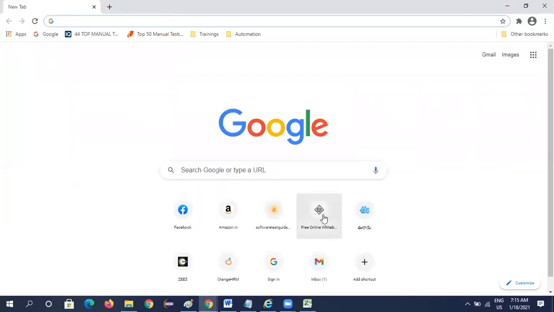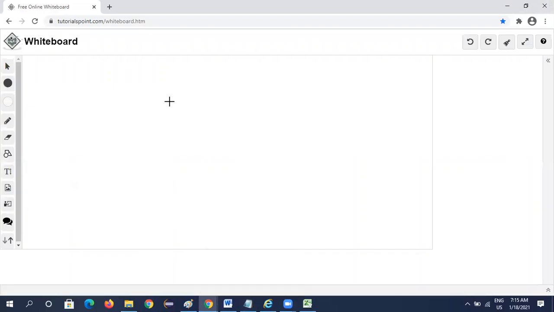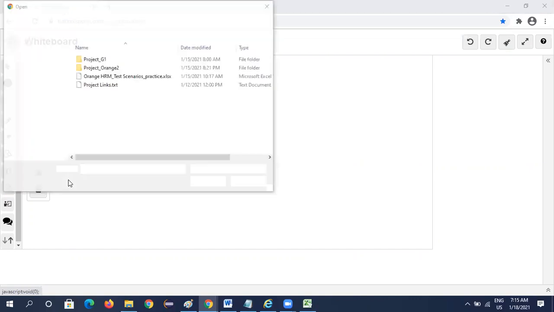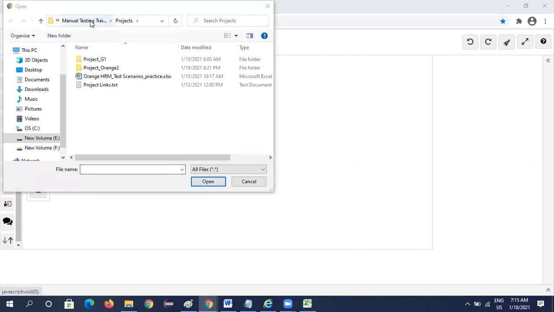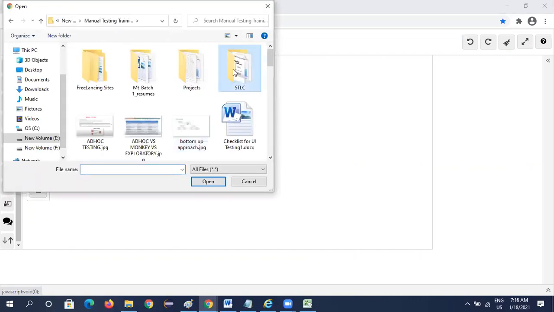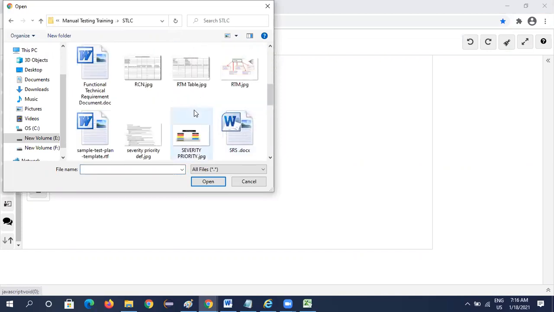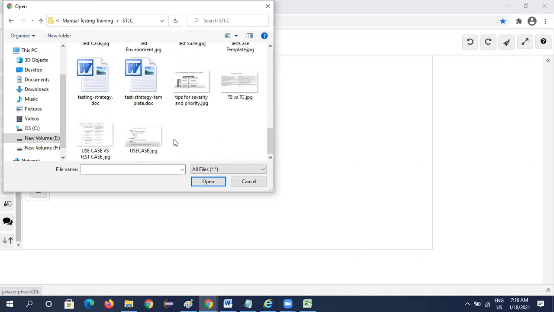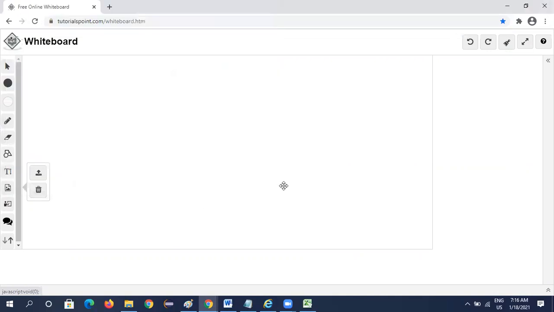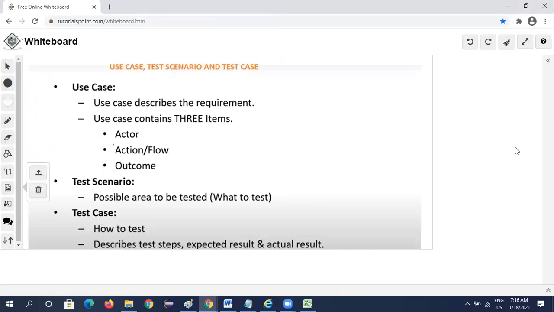So what is a use case actually? What does a use case mean? We'll see that first. A use case is a brief explanation of the requirements.